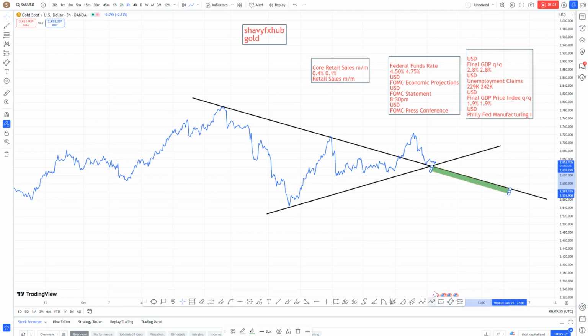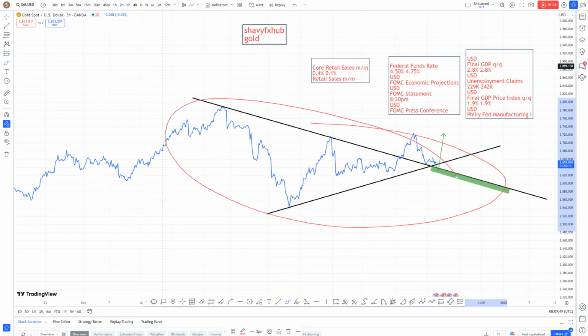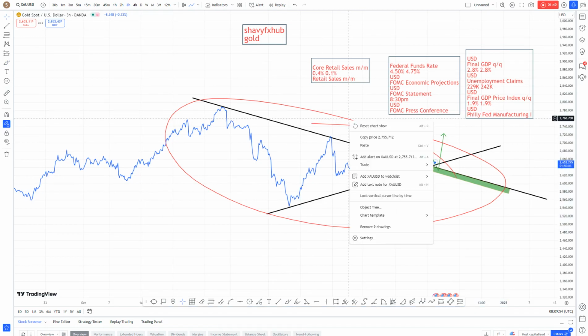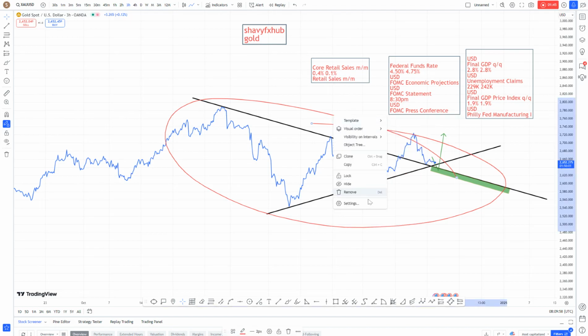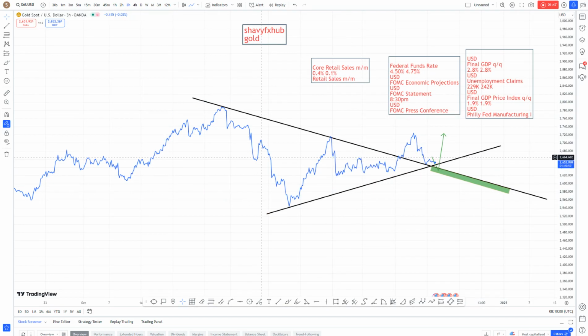So what this means technically is that price can return here and then come back, because here we have a breakout from the descending trend line, and we have a chart pattern, a symmetrical triangle, which price has broken out of. So what we see here is that the market is awaiting economic data. So we look at the effect that comes up today with the core retail sales and the retail sales.